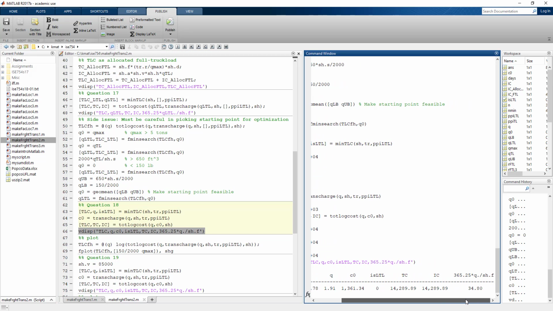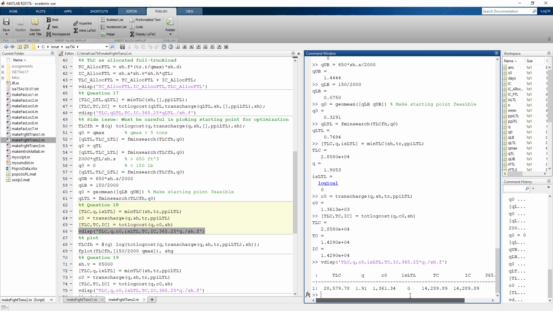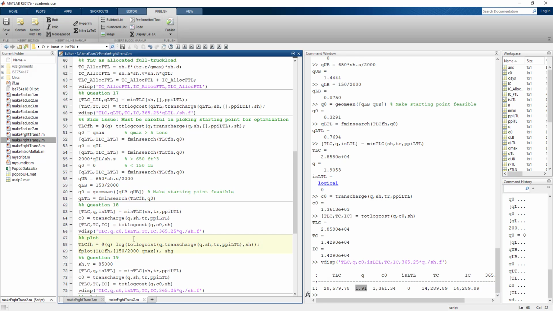It says that we have shipments every just under 35 days between shipments. And since we're shipping at truckload, transport and inventory costs are exactly equal to each other. This tells us that it's truckload versus LTL. This is the independent shipment transport charge, size of the shipment, and the total logistics cost. Then if we want to plot this,